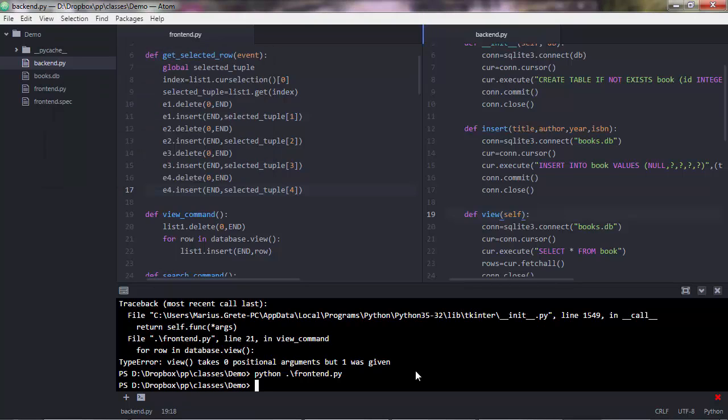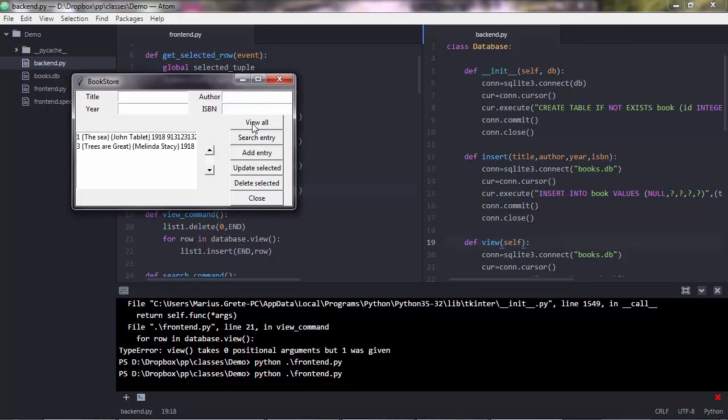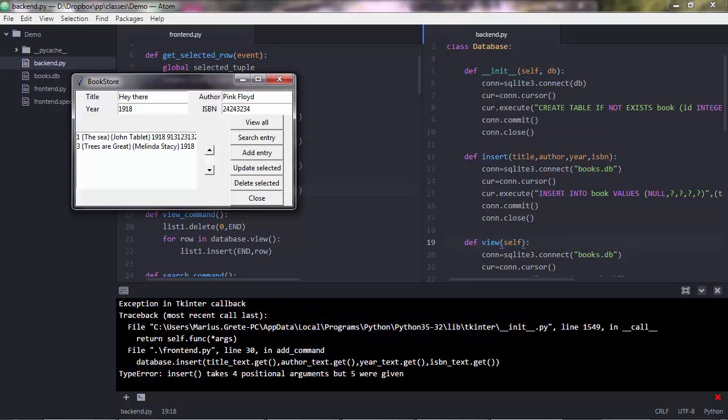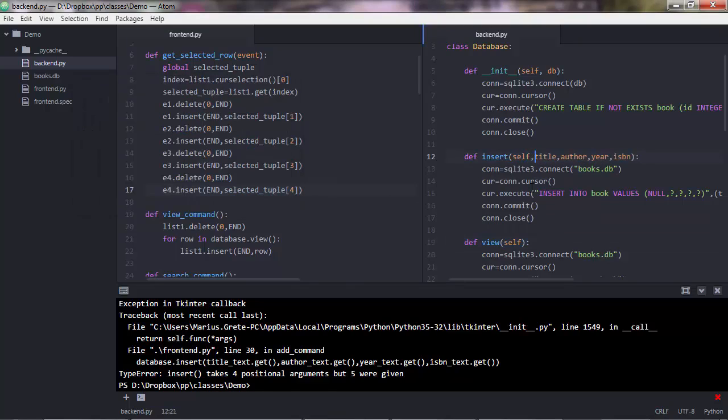So that's great. However, if you try the other methods now, like insert, you'll probably get an error. So let me try that. View all is working fine, but if we insert something, let's say hey there, and add entry. So insert takes 4 positional arguments, but 5 were given. So insert, and these values are being passed to these parameters, but also we're passing the object instance. So let's go ahead and add self there,